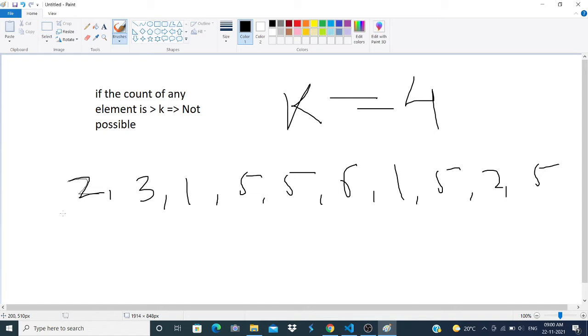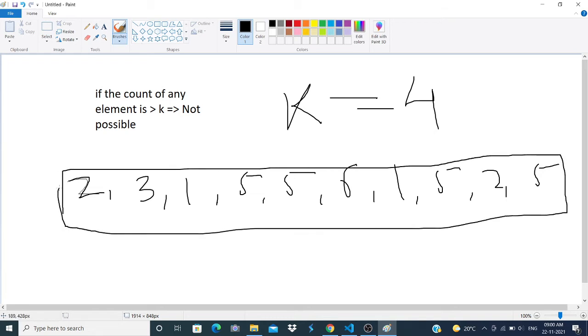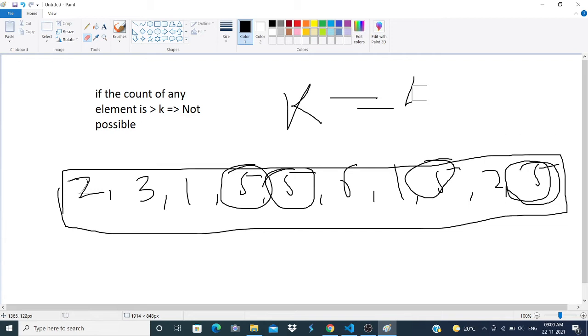Then the fact is that it doesn't matter how you rearrange it, the length of the longest increasing subsequence will always be greater than or equal to 4. Why? Because you see 5 is occurring... let's make this 4 as 3.